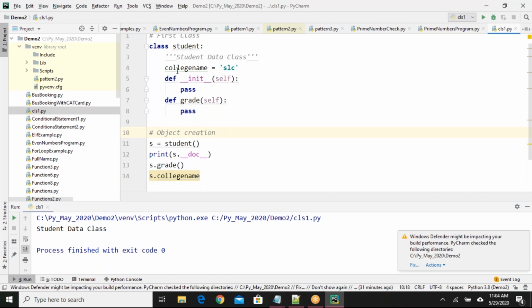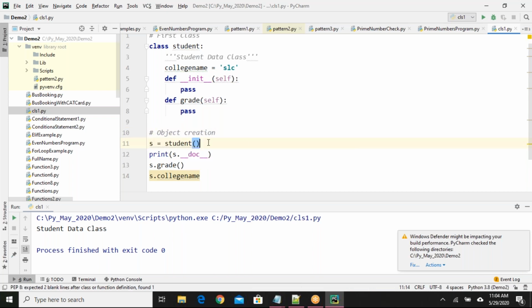Any questions about any part we discussed so far? Class declaration: optionally you can provide a documentation string, you can declare variables, you can have methods, and you can have a constructor also. To create an object, S equals class name and parenthesis.